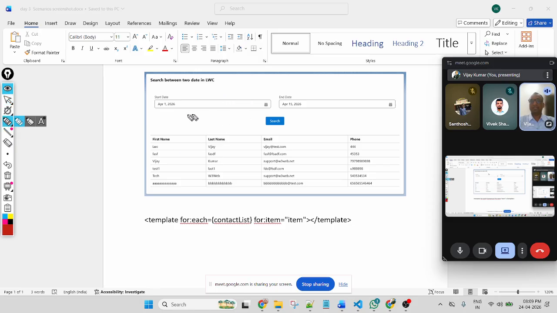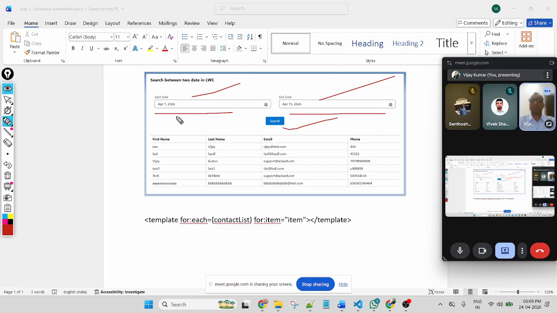In the component, we'll create two input fields: start date and end date. Both are date type input fields, and there is a button. Once I click on the search button, we will fetch a list of records between the two input field dates.